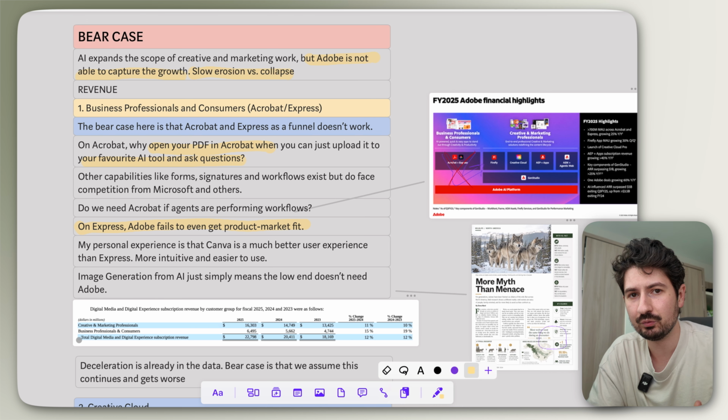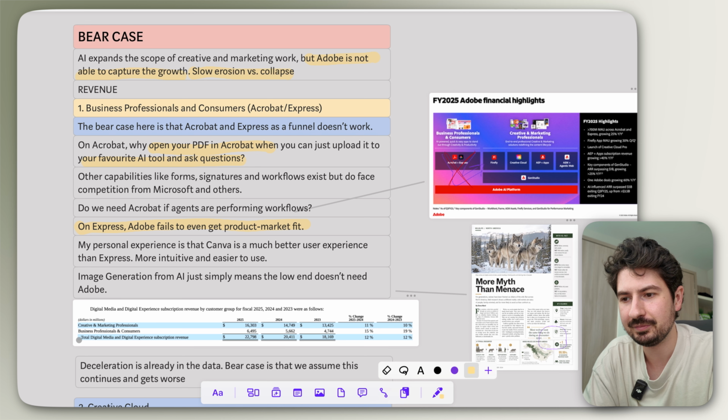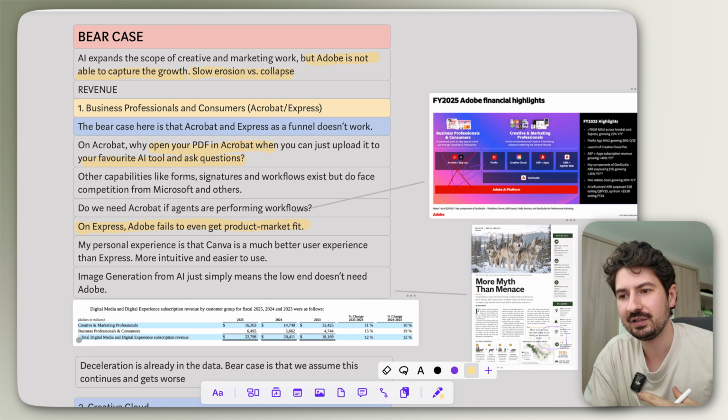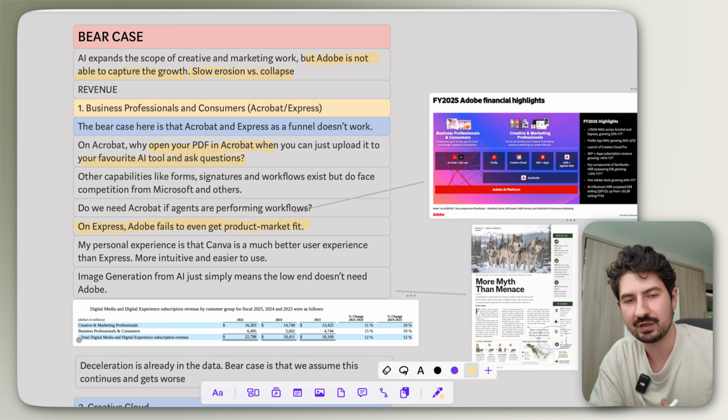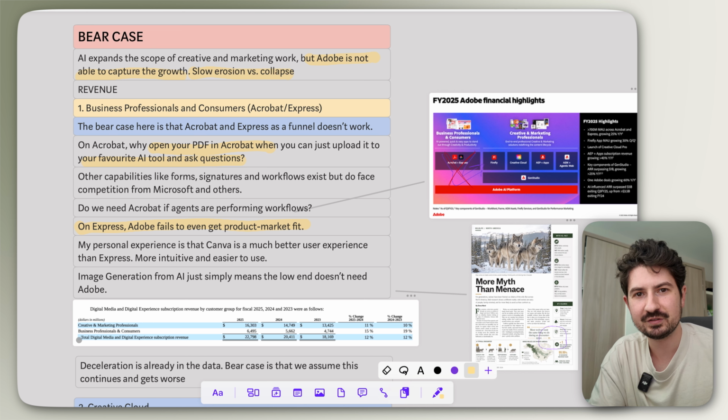And I struggle to see a world where Adobe wins with that strategy when I can just open ChatGPT or Google Gemini and ask it to create an image. Again, I feel more confident in this because I am a low-end customer. I'm not a professional creative, and I'm not an enterprise officer looking for advanced workflows for my employees. I'm okay with good enough,